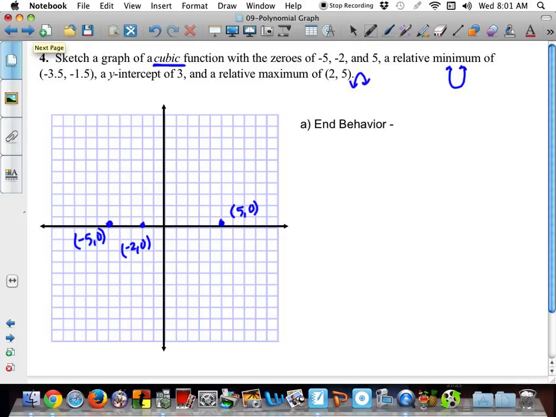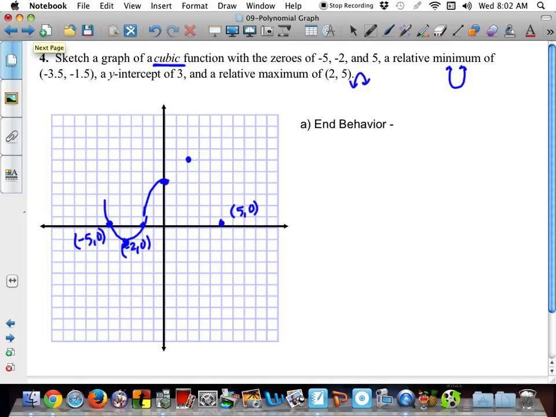I have a minimum of -3.5 and -1.5. So the smartboard's off, so that big blue dot right there. Since that's my minimum, I have something like this going on right over here, a y-intercept of 3. So it is going to go up, and then it's going to start going down to that minimum, and then keep going up to a maximum of 2, 5,